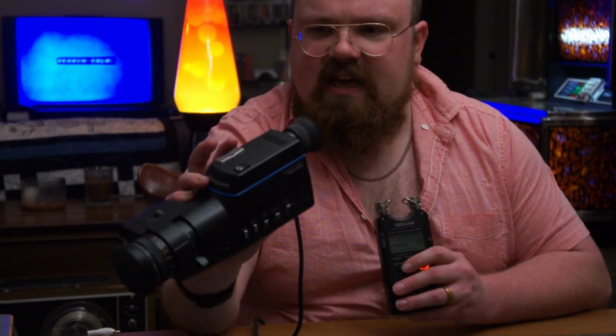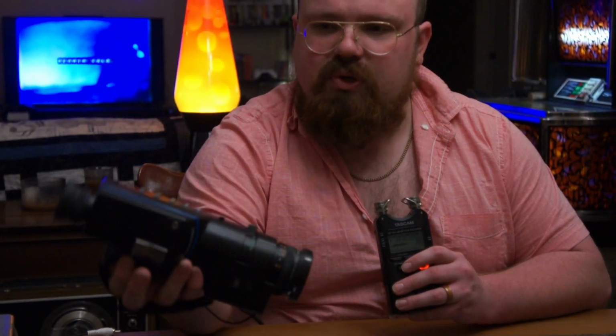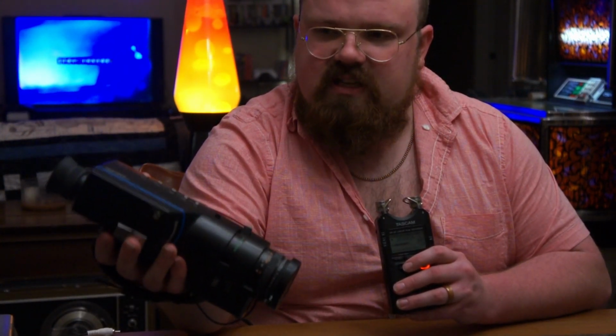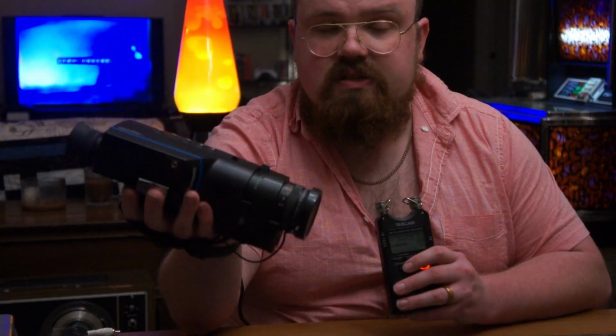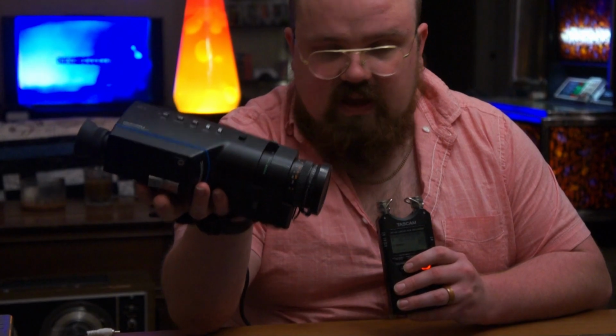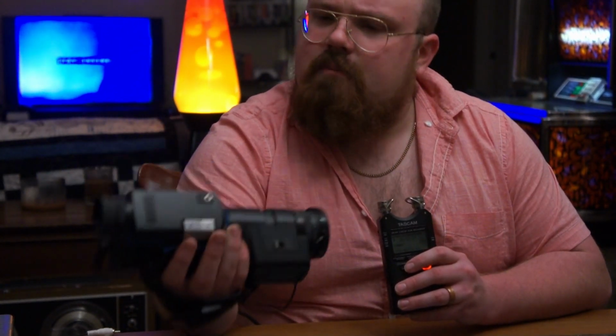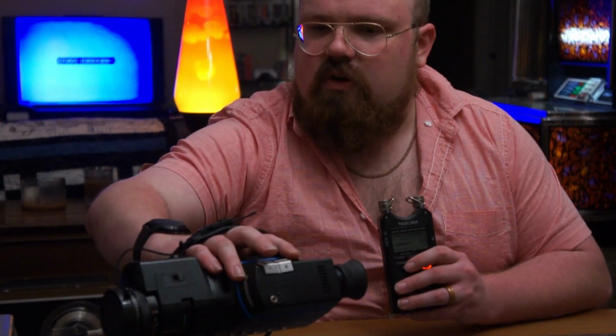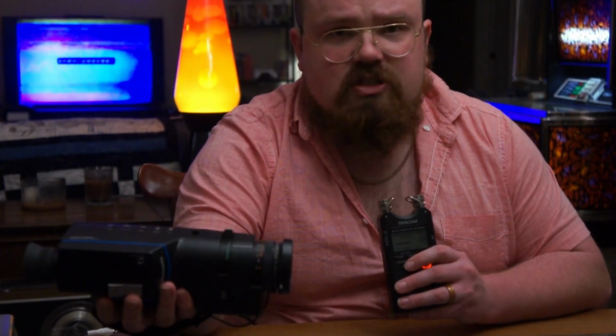I have to admit, I love the sleek design of this thing, and I absolutely adore this blue stripe that goes around the top. It's quite light and fairly easy to hold as well, which is certainly saying something when you see the next 2 cameras. They are a little bulkier. But going back to the PK450 here, it has autofocus, and I can go ahead and demonstrate that to you